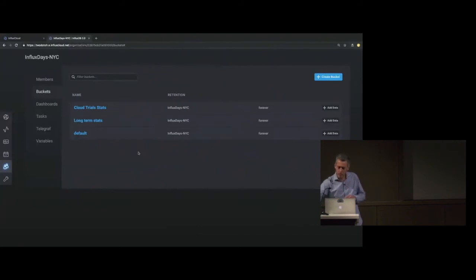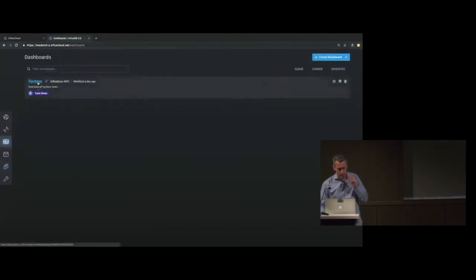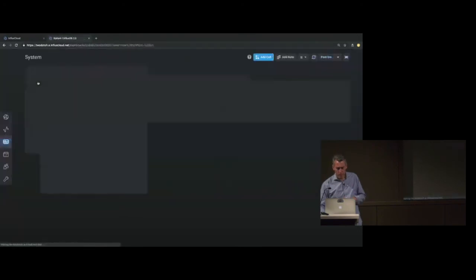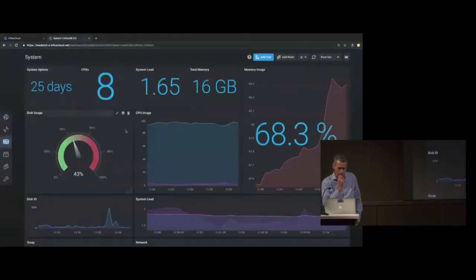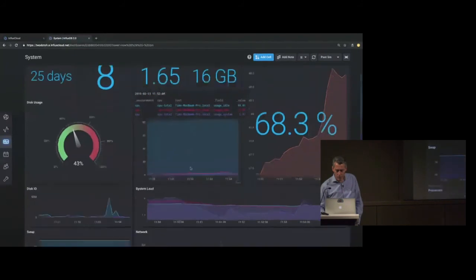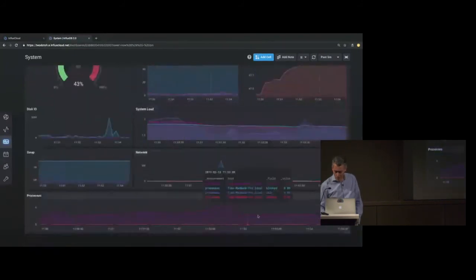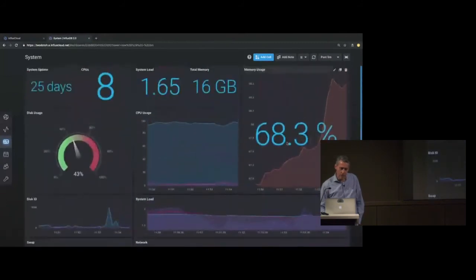Now, based on what I've done so far, I've got a dashboard that was imported based on the system stats plugin that I enabled, and I can fire that up, and here are the stats that are running in. So again, I get a view of system uptime, what's running on my laptop, CPUs. Luckily, I'm not running something heavier than PowerPoint, and so generally my system looks like it's in a relatively healthy state. I can zoom back out.